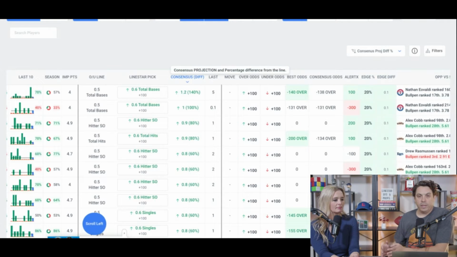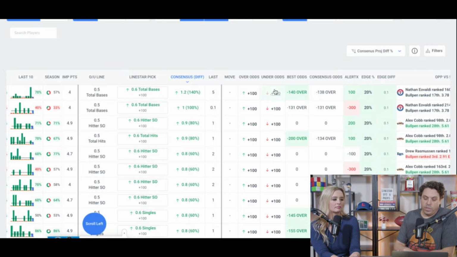So you can look through a consensus projection difference. You can go through our LineStar edge and then odds and use all three of them to figure out your bets. And you can mark if you want the bet to be under or over, so you can keep track of it and come back to it later.